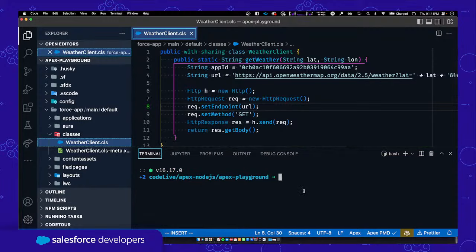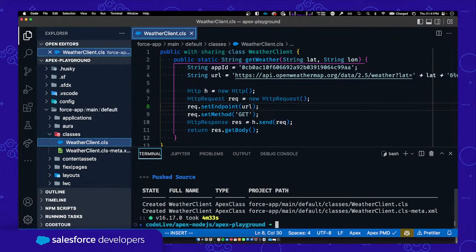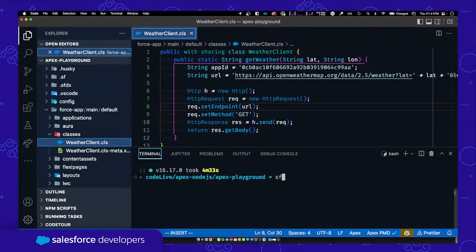Since we are working with a Scratch org, I will be able to push my source code to the Scratch org by using sfdx. This will validate and compile the Apex class. If it is good, nothing is going to happen and it will deploy. If we have some syntax issues, it will let us know that it failed. So now the Apex class is on the Salesforce platform. We can execute this using the developer tools, or by using the CLI. So let's use the CLI, force apex execute,